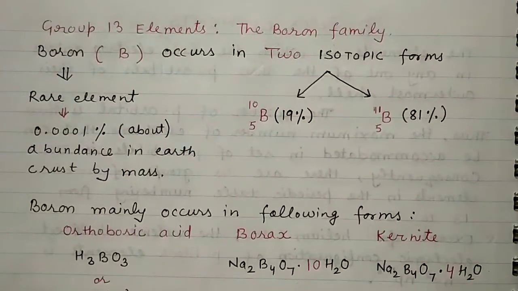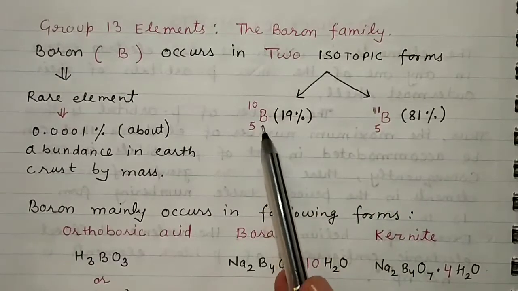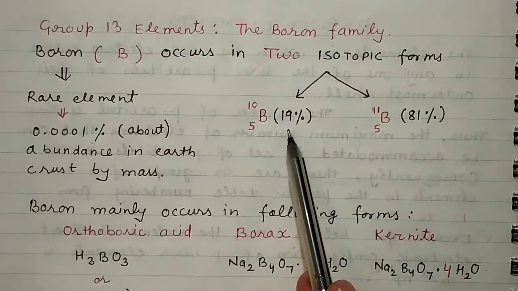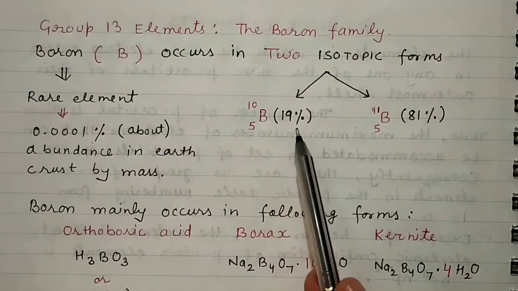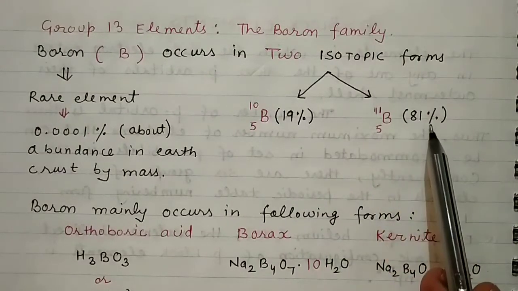Now if you see group 13 elements, that is the boron family. Boron is the head of the family. So in boron basically we have two types of isotopes. One is 5B10, another is 5B11. The percentage abundance of 5B10 is 19%, very low, and the percentage abundance in the earth crust is 81%